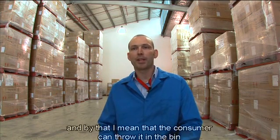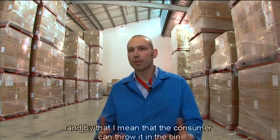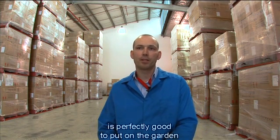The other great benefit of this packaging is that it's consumer compostable. And by that I mean that the consumer can throw it in the bin or throw it in their garden, and with a little bit of moisture the product breaks down within minutes. And that residue that's left over is perfectly good to put on the garden and has no